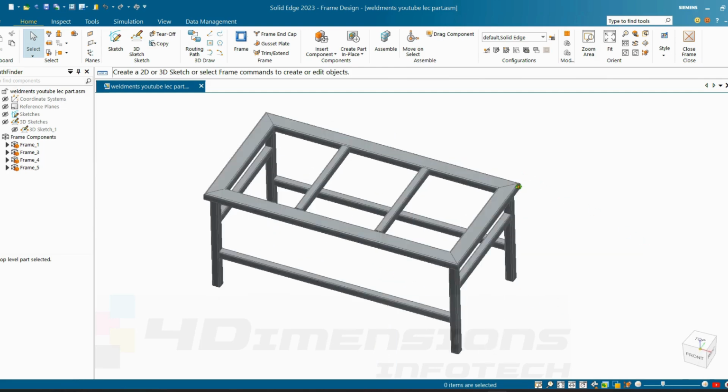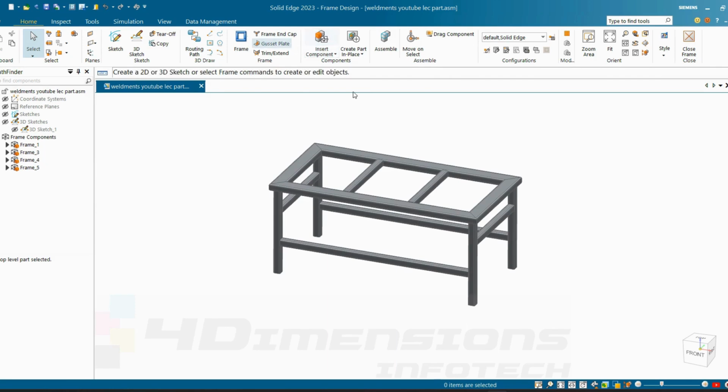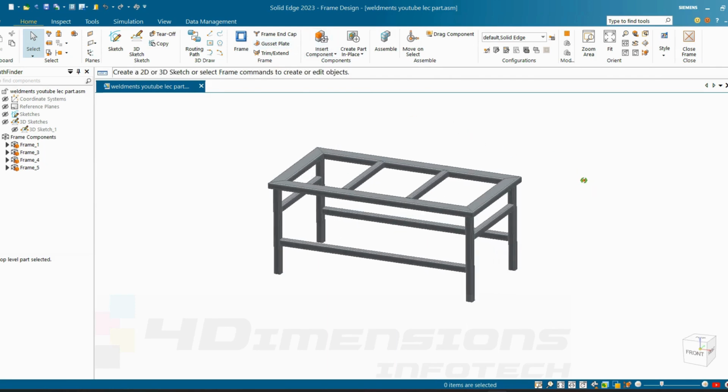Now one more important thing. We were using only the standard structural size, meaning the cross section sizes were standard and we were applying those sizes only. Suppose I want to edit the cross sectional size of any structure, then we need to make the profile for that particular structure separately in part modeling. We need to save it in the folder of the frames and then we can apply the customized size also